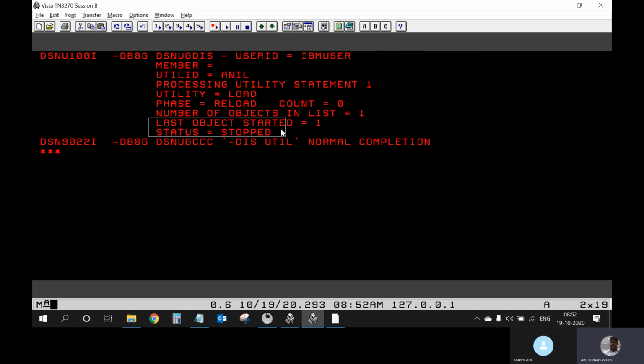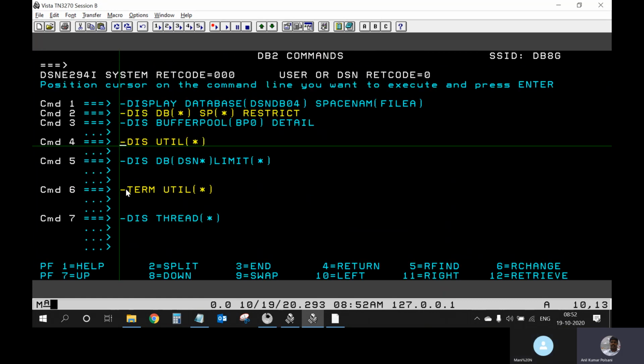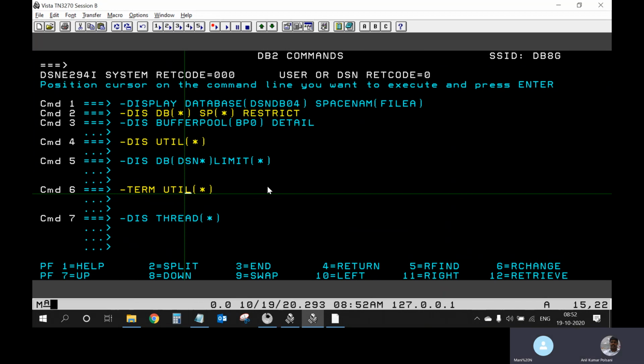Now, what I can do is use terminate to remove that utility, if I have access. If I don't have access, either I can run a job with the application ID access level, or I can ask the DBA to help me on this part.